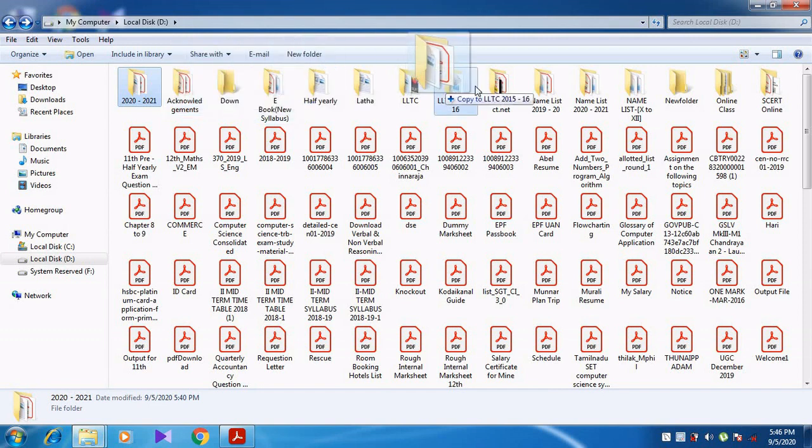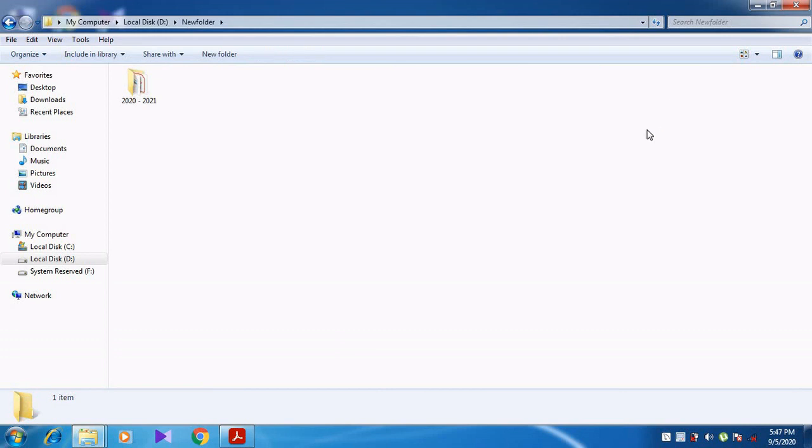So when the mouse pointer moves to that particular destination folder, if I release the leftmost button as well as the Control button, now when I click the new folder, I can see the folder is copied to the new folder.